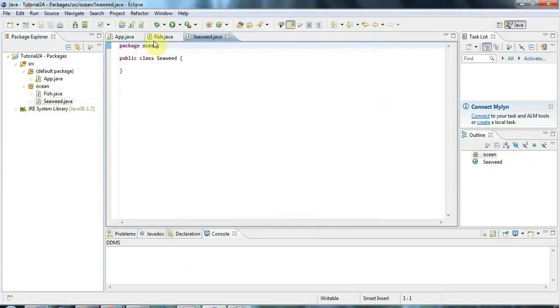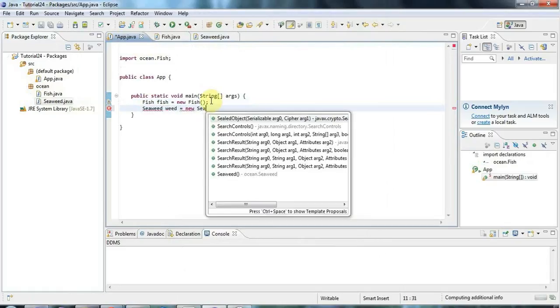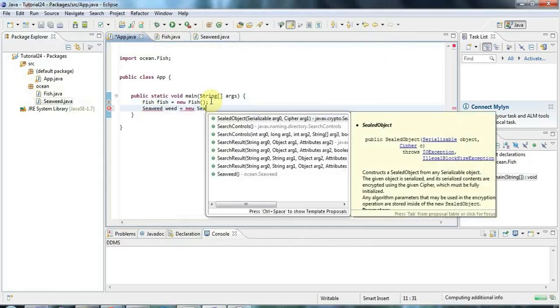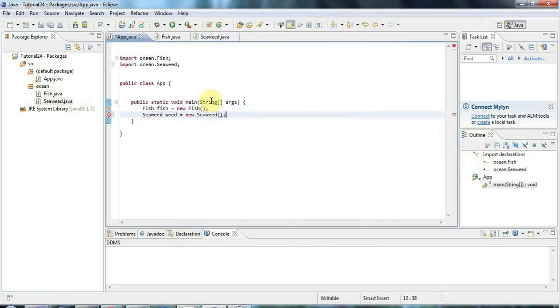And if I now want to use the seaweed class, so I want to say something like seaweed weed equals new seaweed. I'll just do control space there, and in fact if I do this, Eclipse I think will add the import statement for me. There we go. So you see Eclipse has added another import statement,